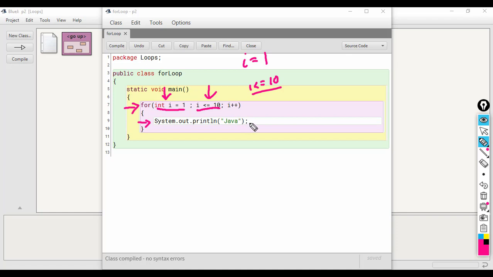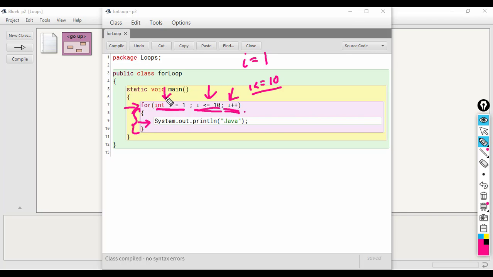When all the statements are executed inside the body, the control will come to the update part. Notice the control did not come to the update part initially. Initially initialization happened, the condition was checked, and if it was true, then control came inside. Now once all the statements are executed, the control will come to the update part for the first time.